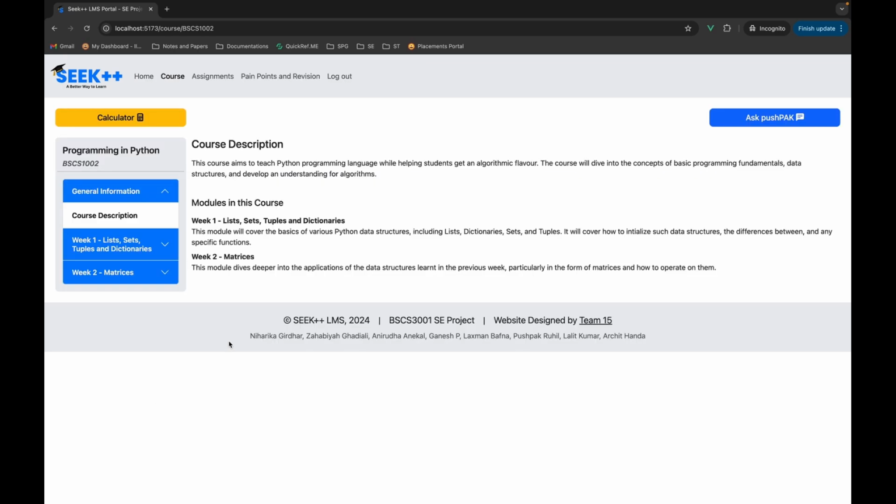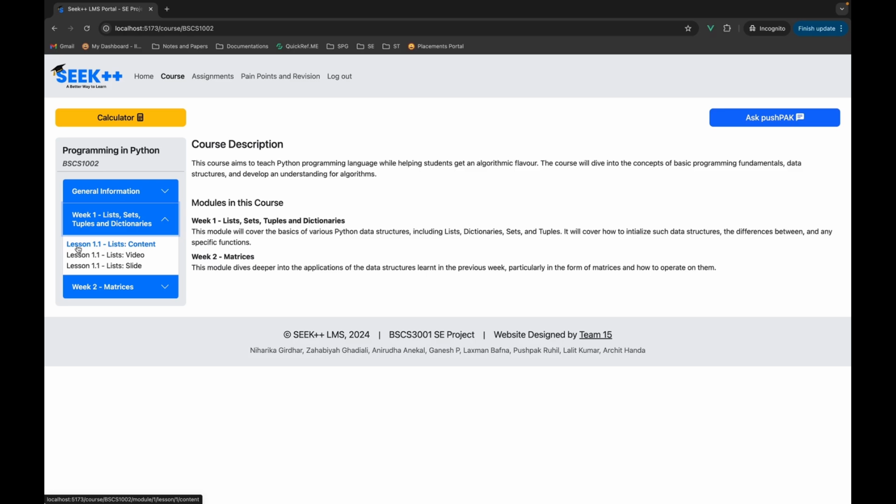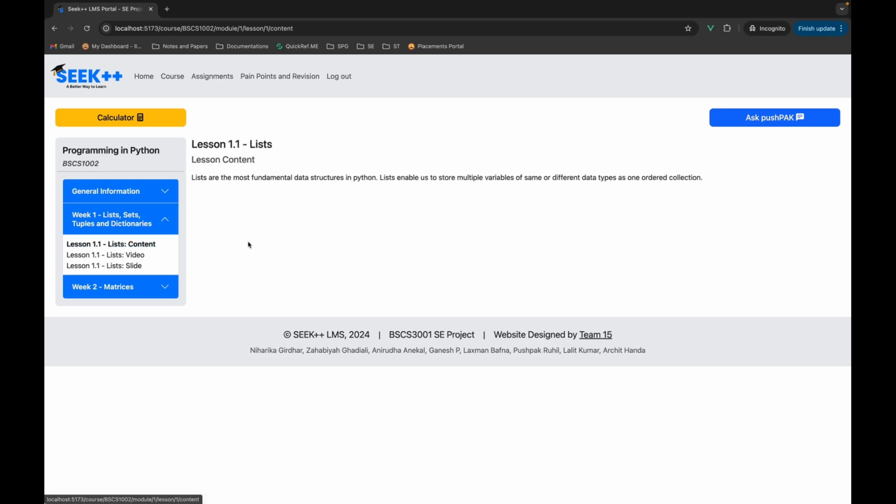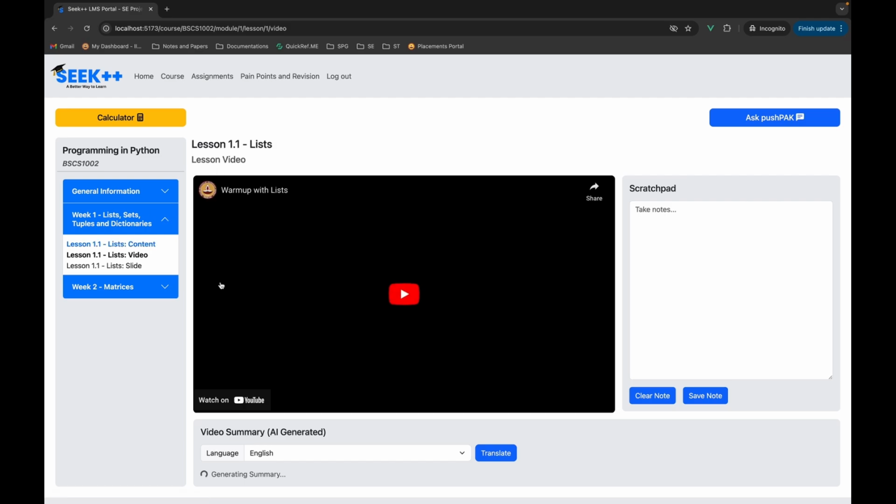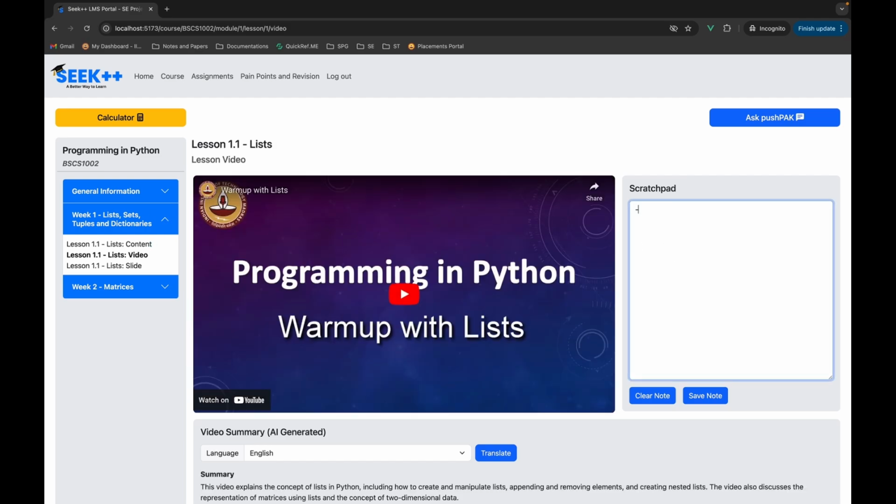This is the course main page, where we are greeted with the course description and what all modules are there in the course. The modules have also been listed over here on the side, and we can in fact view some of the lessons. For example, for the first week, the content will primarily be based on lists. Then there's a video page for the lesson where there's a video. There's also a scratch pad where you can take notes,